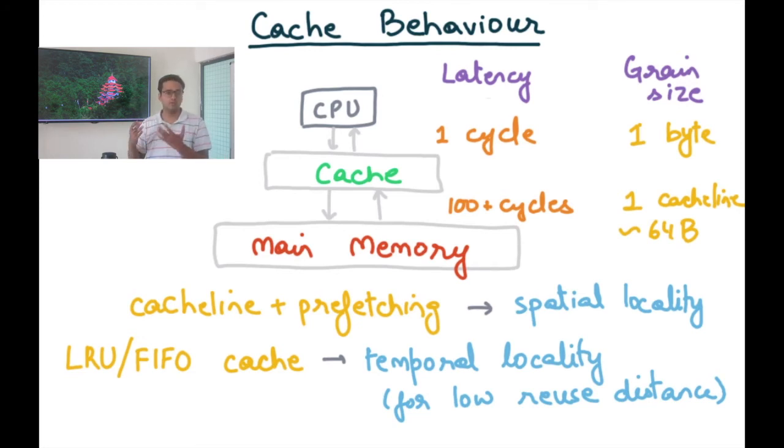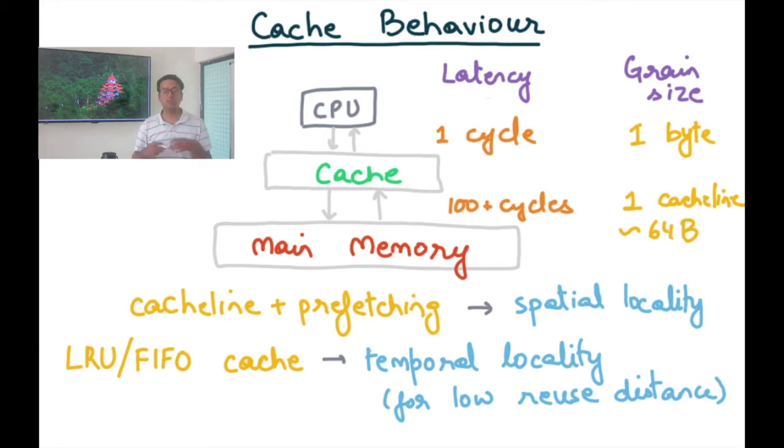And so some of this is going to get absorbed by the cache line size itself, because maybe A[i+1], A[i+2] that are spatially close are going to fit in a single cache line. So when I've brought A[i] into the cache, automatically A[i+1], A[i+2], A[i+3] and so on also came into the cache, and that helped me with my spatial locality. And that's one of the big advantages of having a larger cache line.